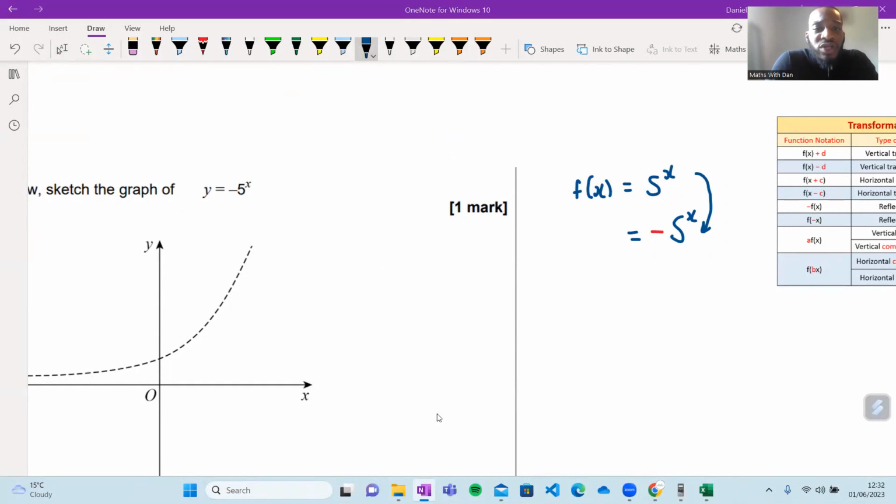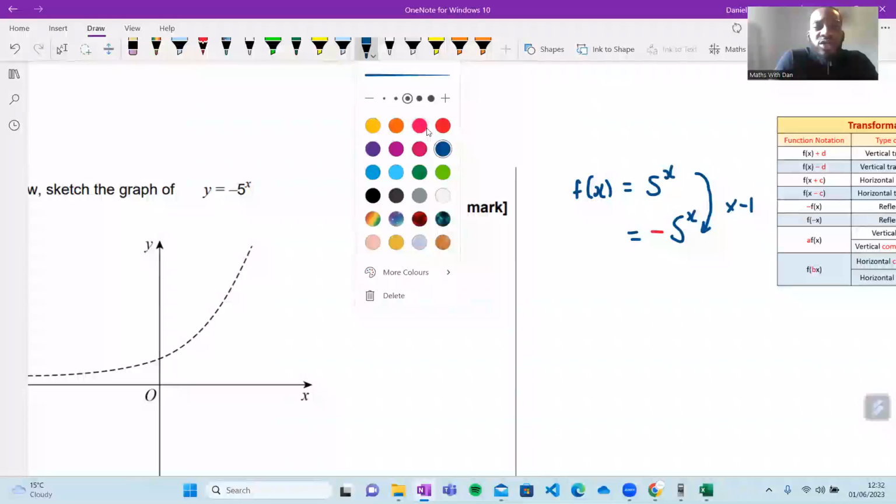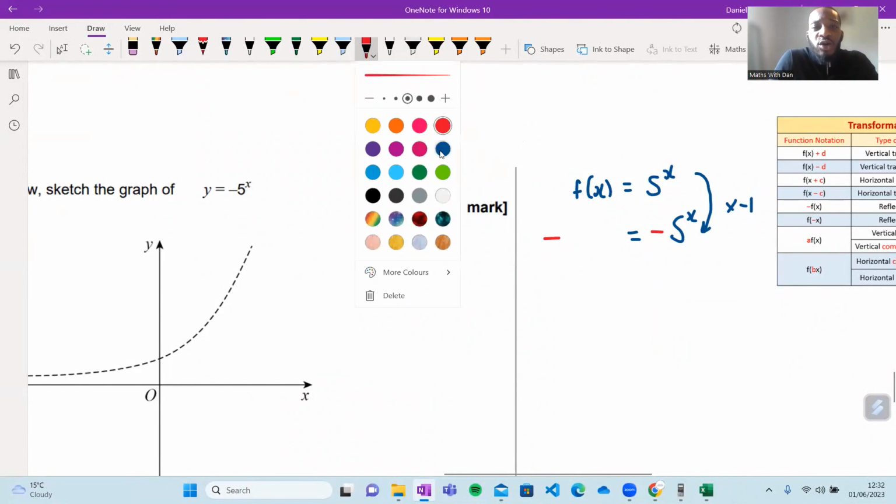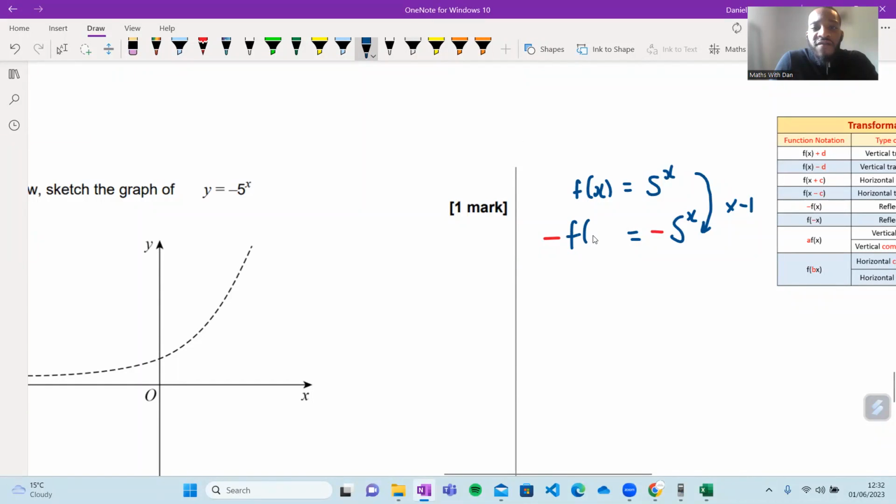Somebody's asked me what type of graph this is. I'm going to ask you guys in a second. But remember, we just times by minus 1. So all we've done to both sides is times by minus 1. Therefore, the actual graph that we're trying to draw is equal to minus f of x. Does that make sense, guys? All I've done is compare my original function to the one that I need to sketch, and the only difference is that there's a minus.